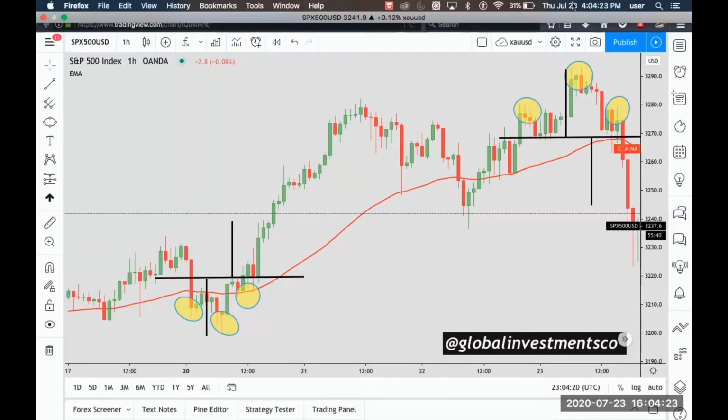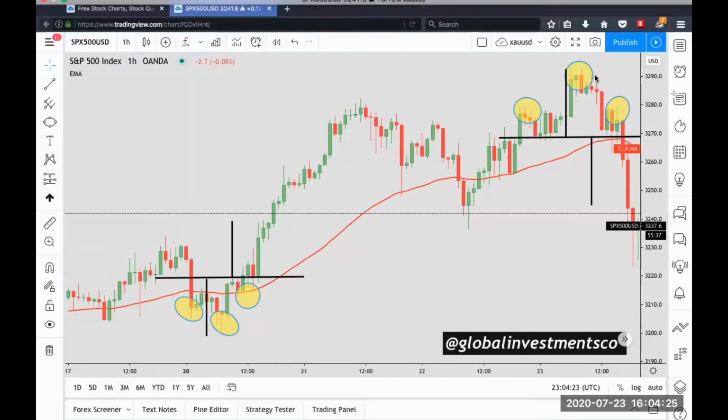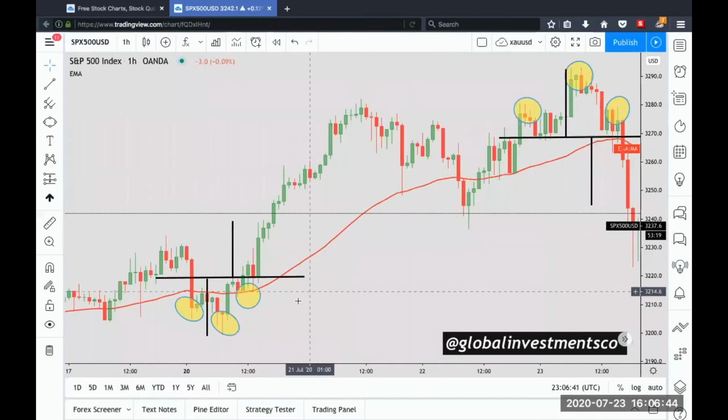Pause it, please. Go. All right, so for this example over here on the left side, we have an inverse head and shoulders,